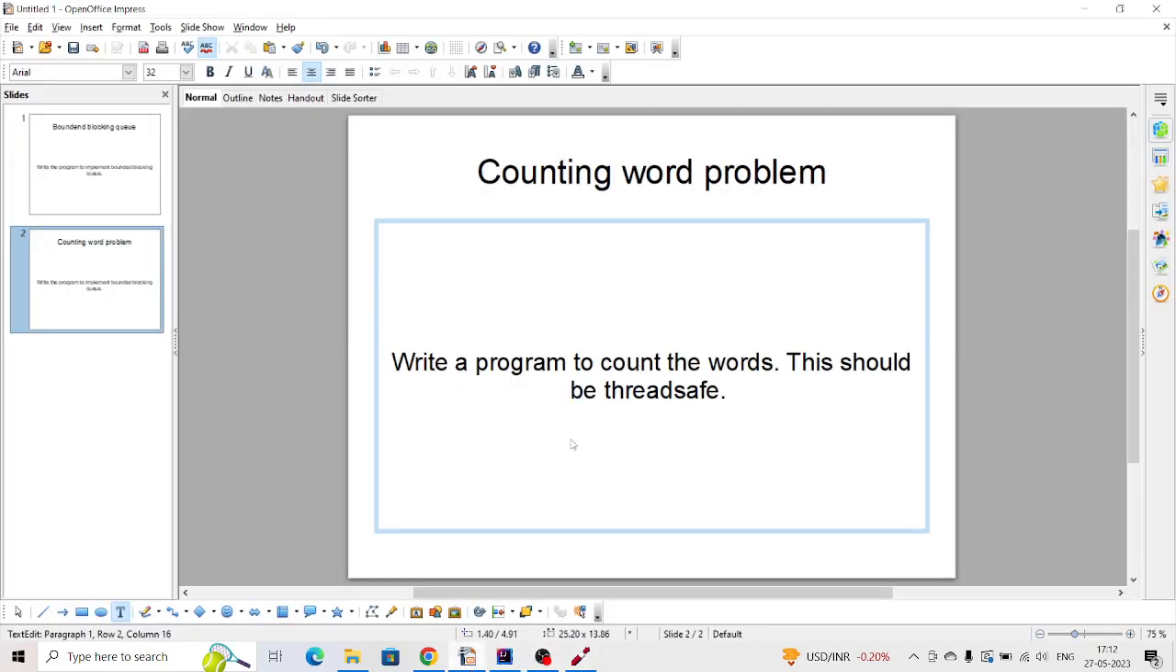Hi friend. So today I'm going to explain the counting word problem. Most interviews really ask a thread-based question: implement a data structure which should be thread safe, and it should have the operations like